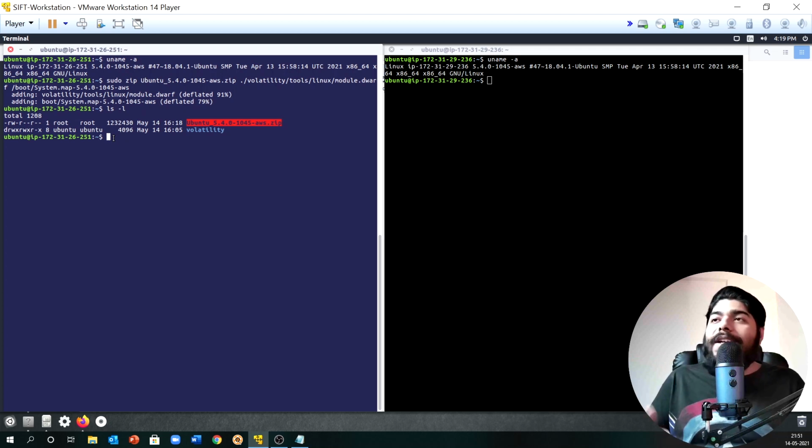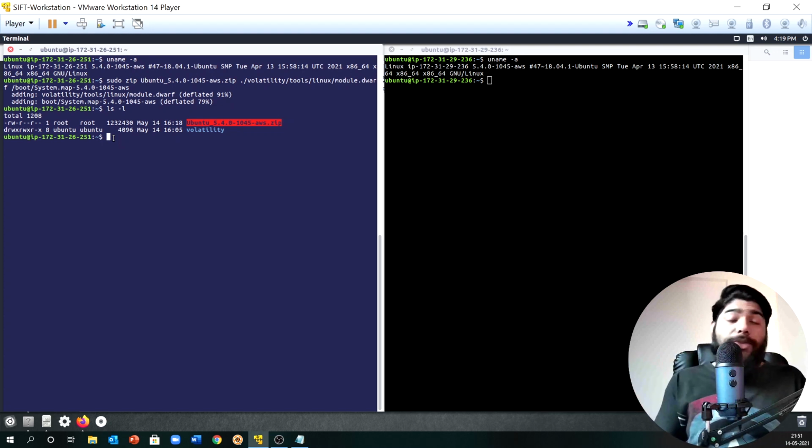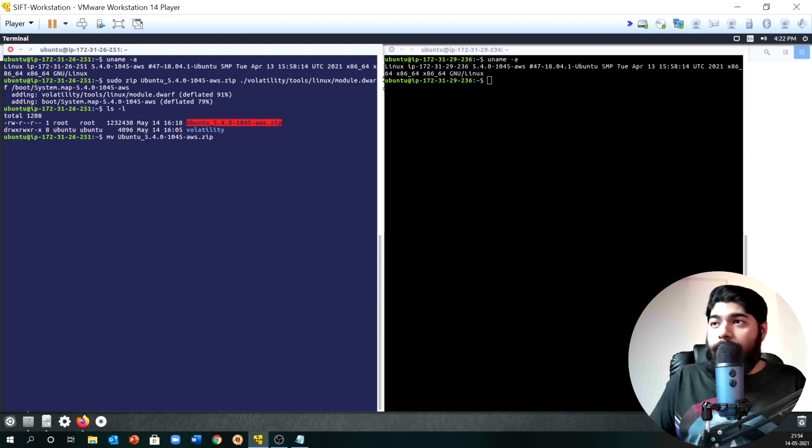So these two files we need to parse our current memory image. So it's almost done. Now one last step is required: you need to move this particular file somewhere so that Volatility can see it. So we will write a move command, moving this whole zip file to a particular location, and you can follow along with me.